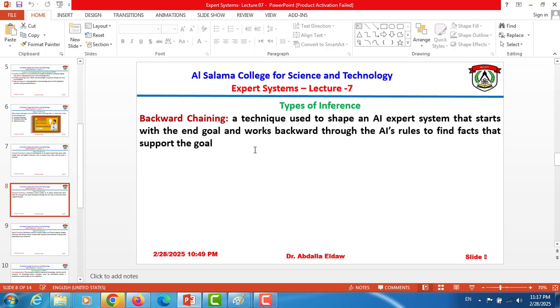Also, backward chaining is a technique used in an AI expert system that starts with the end goal and works backward through the AI's rules to find facts that support the goal.